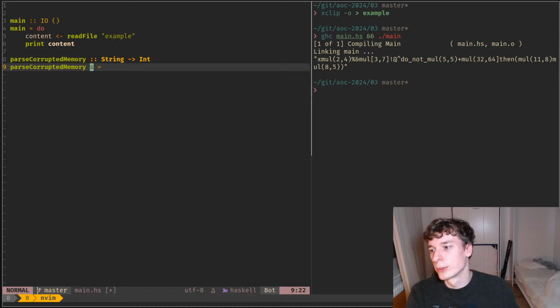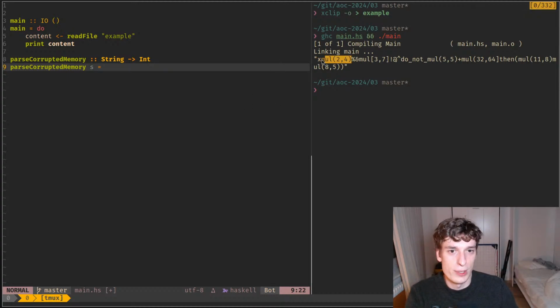For this, I don't know if you already did that Advent of Code day. Basically, you just have to parse this, and I don't want to do parser combinators. That looks a bit too complicated. Do you know if there is any regex in the standard library? I doubt it, but